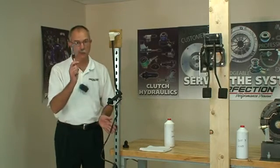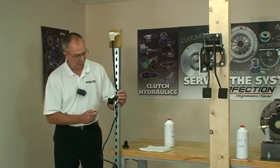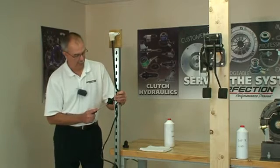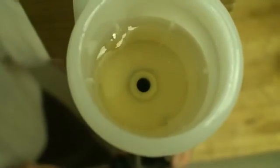Tapping on the line with the end of the screwdriver, starting from the bottom and working our way up, and we're going to take the screwdriver and insert it into the piston. There's a spot where it'll go, just like the push rod. And then just short strokes. You don't have to push it far, you don't have to push it real hard. Just back and forth,